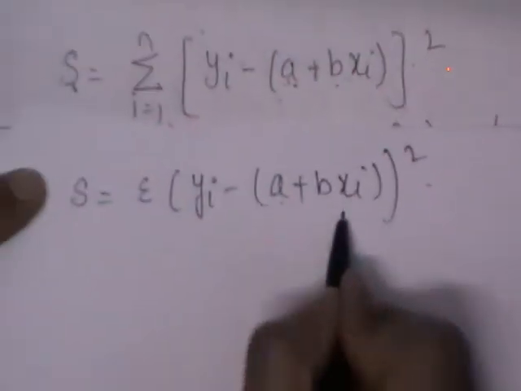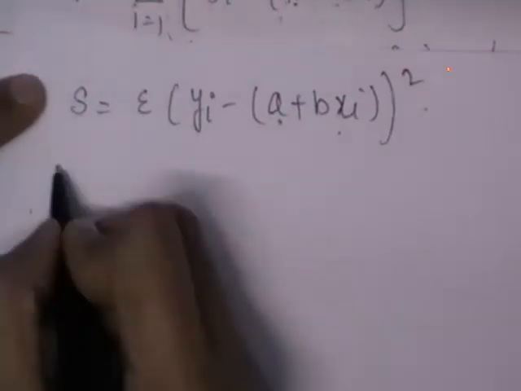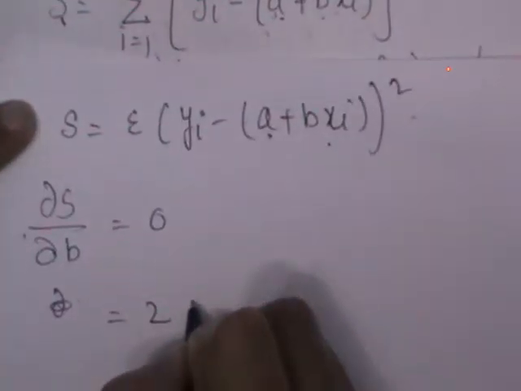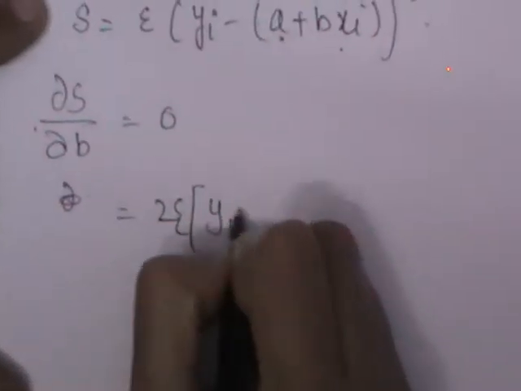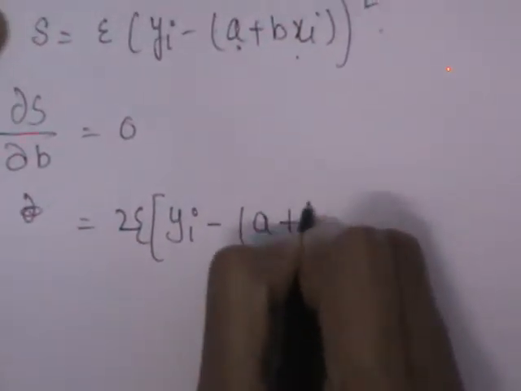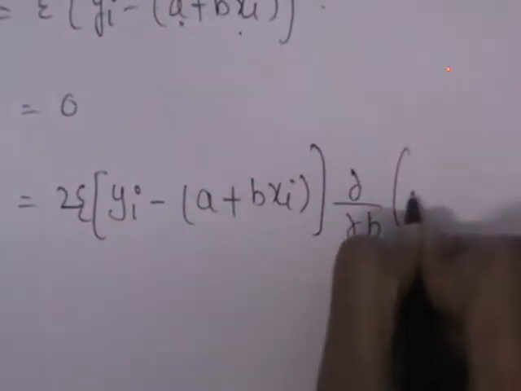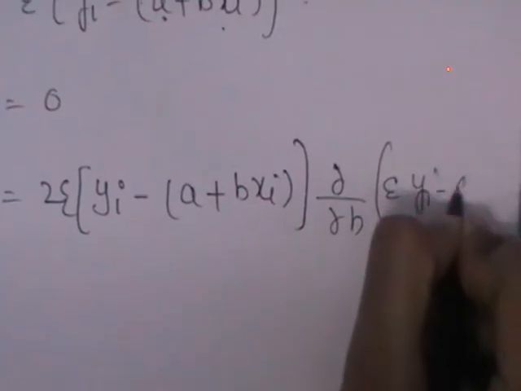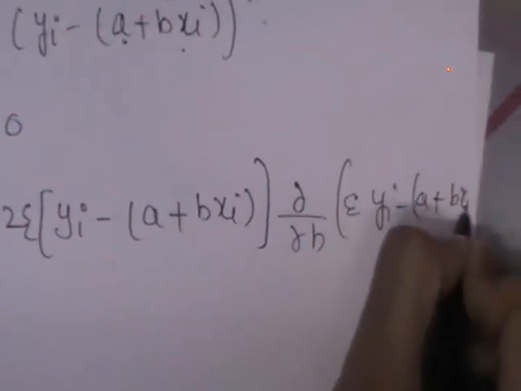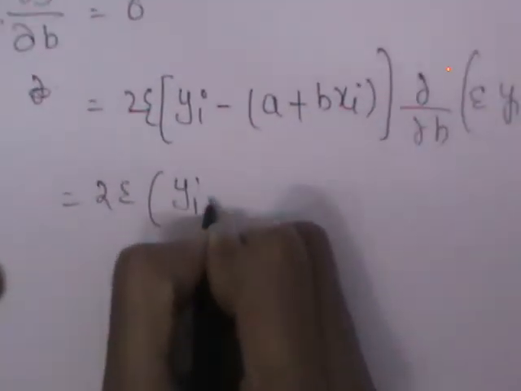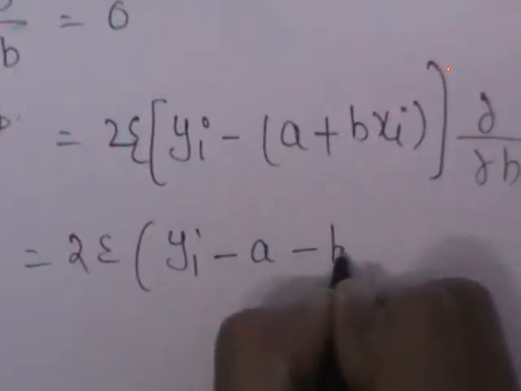Now, as you have two constants, you have minimized with respect to a. Now we are going to minimize with respect to b and equate that to 0. That is, how much will you get? 2 times, again it is in the form of x square, sigma yi minus a plus bxi into the inner derivative of the same. This is 2 sigma yi minus a minus bxi